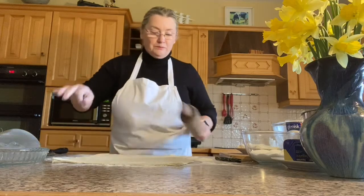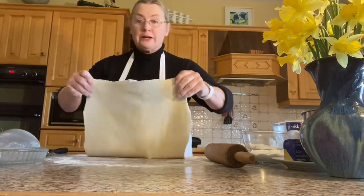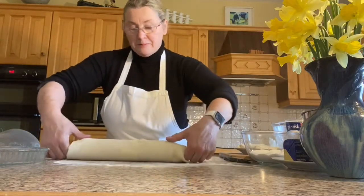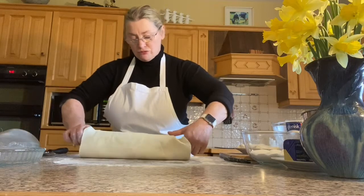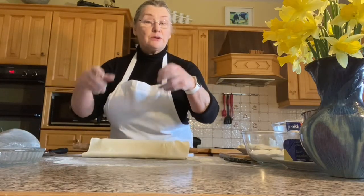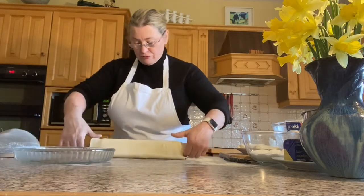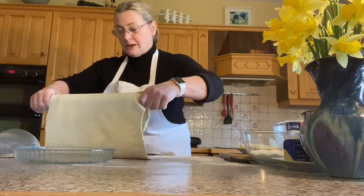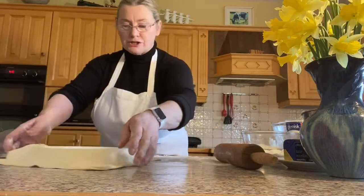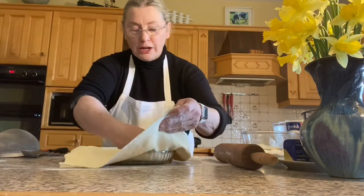Okay, so now that's much bigger than I need, but I want to have it thin so I can use it again. So then with my rolling pin, I put my rolling pin in and I just roll it gently over it. Now, you can lift it with your hands, but it'll surely break if you do. So always be careful. Just roll it over your rolling pin like that, and roll it very gently onto your dish. And then using your hand, push in, lift it up